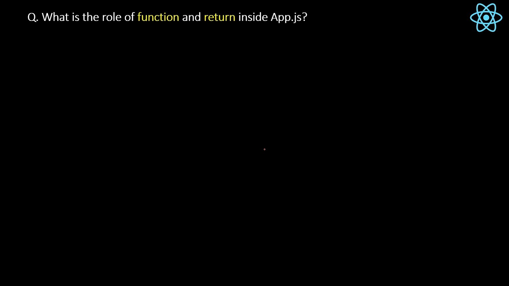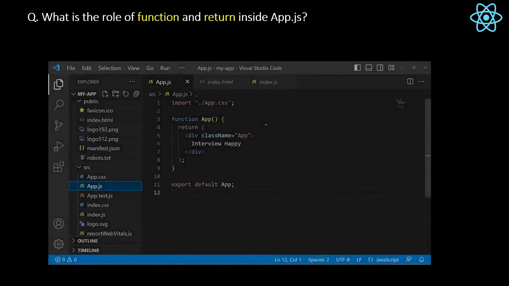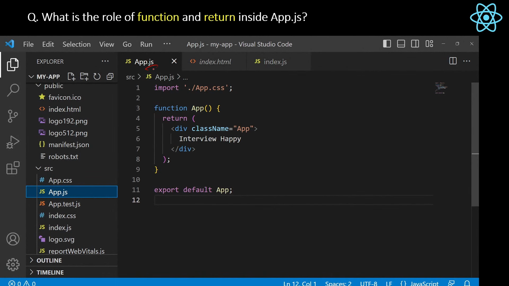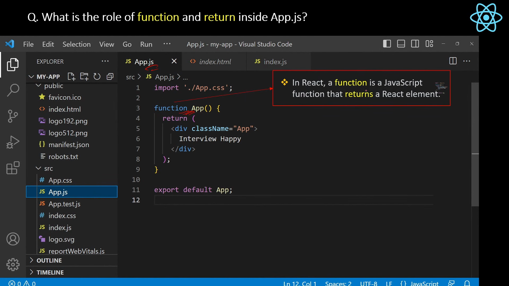What is the role of function and return inside app.js? Here if you see the app.js code, you will find this function. The definition is, in React a function is a JavaScript function which returns a React element, okay? For example, we have one React element here, a div inside this return statement. We can have multiple React elements also here, or you can say React objects.